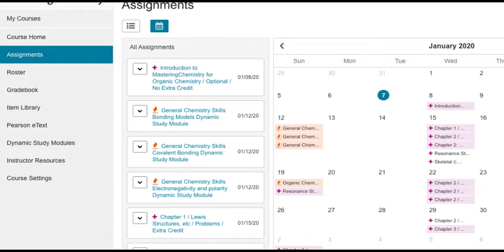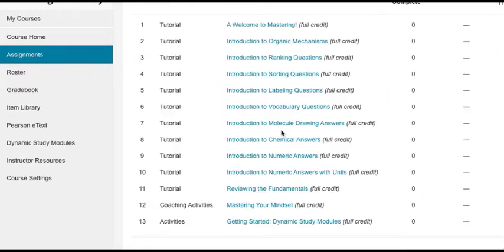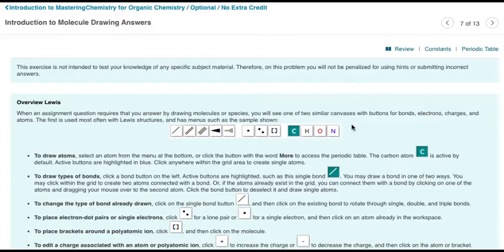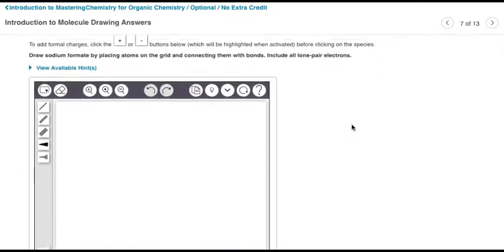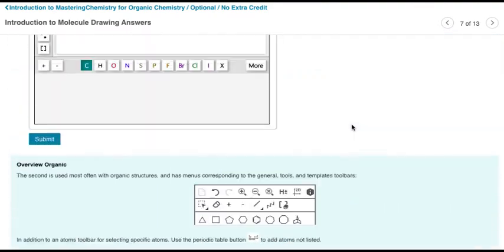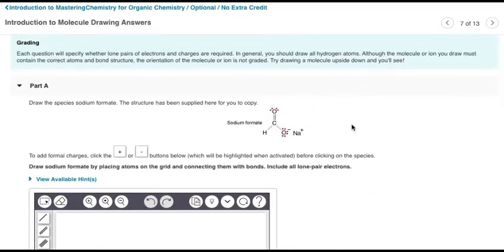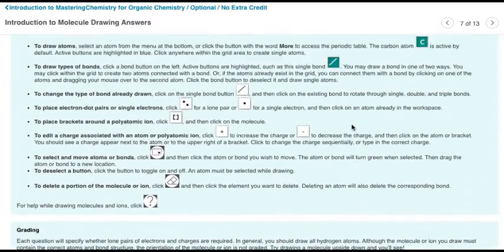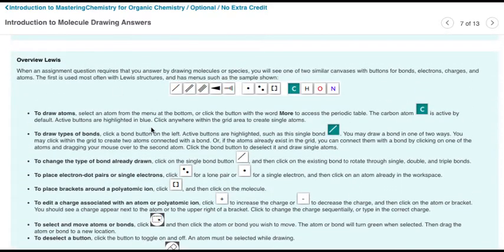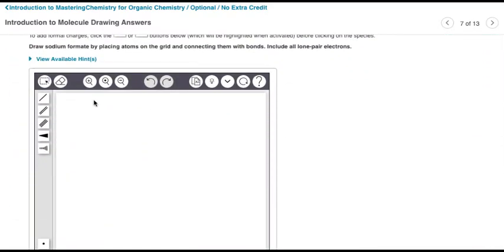Okay, let me show you how to do this using the organic chemistry drawing app on Mastering. I'm going to go to the introduction molecule drawing problem, and let me go down to the organic app. Remember, there's two different apps here. One for drawing Lewis structures, and that's the one that has the darker heading bar there, and